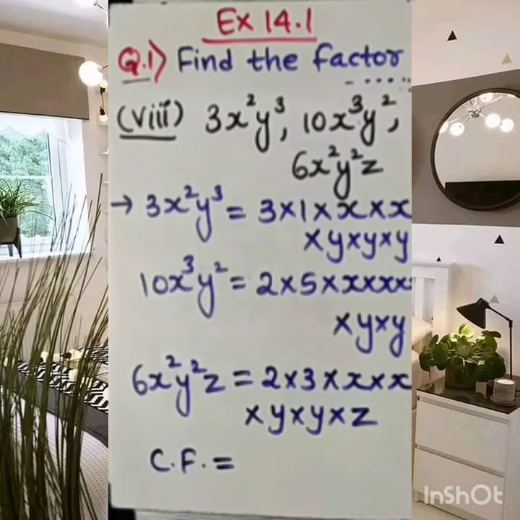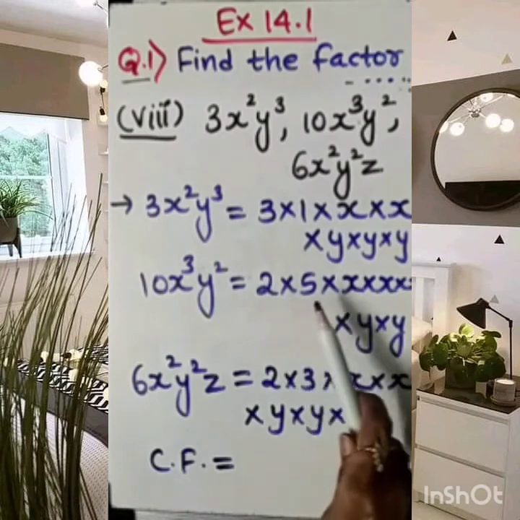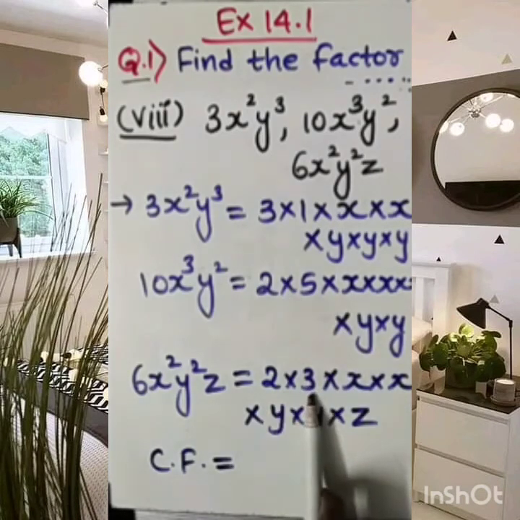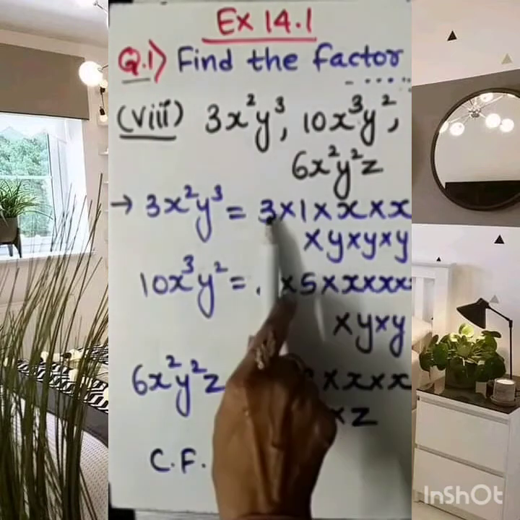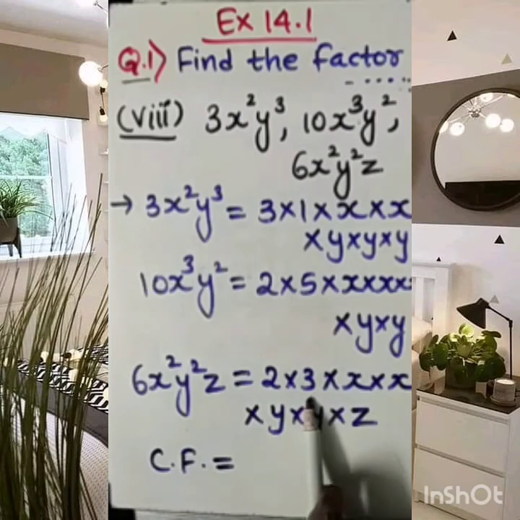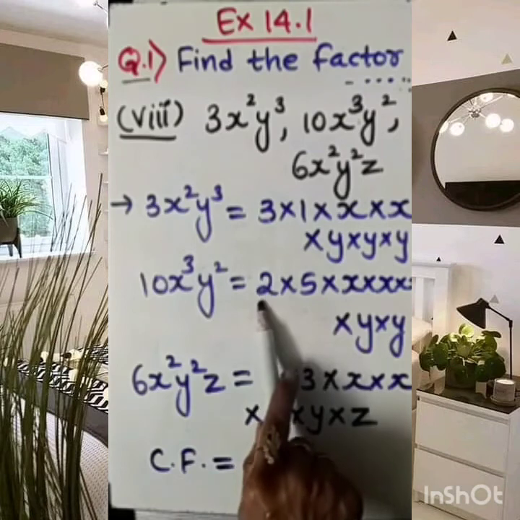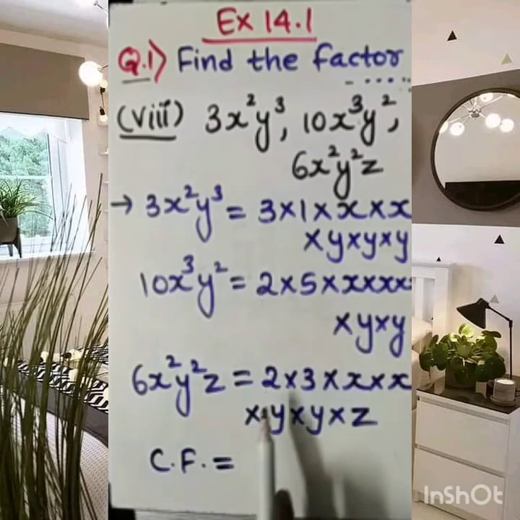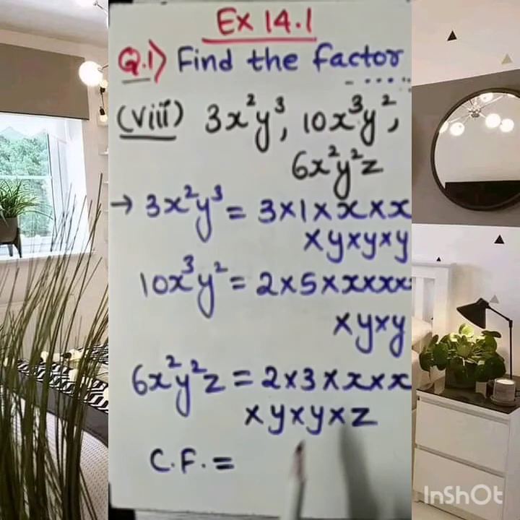In all these three terms, which are the common factors? Here you can see, here 3 is present, here numerals 2 and 5, and 2 and 3. None of the numbers is present in all three terms, because 3 is present here and in the third term, but it is not present in the second term. Similarly, 2 is present in the second and third terms, but it doesn't lie in the first term. So no such numerical number except 1 can be common. So 1 is not necessary to mention.